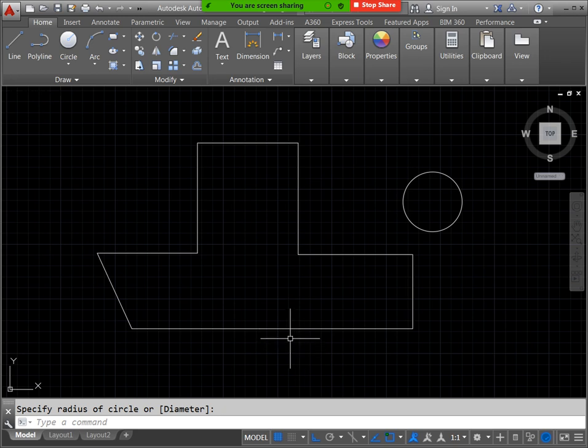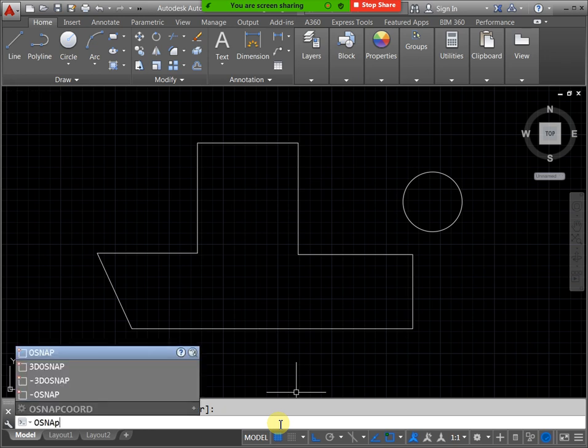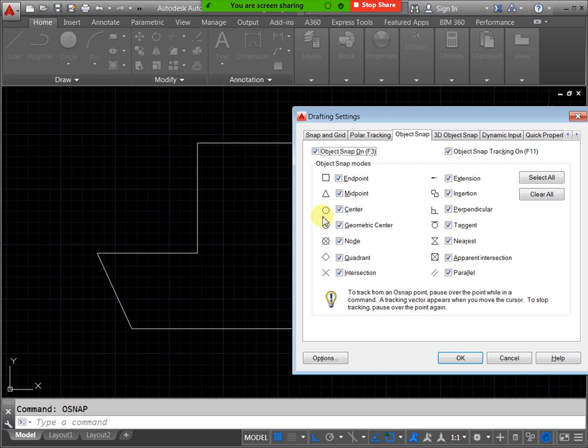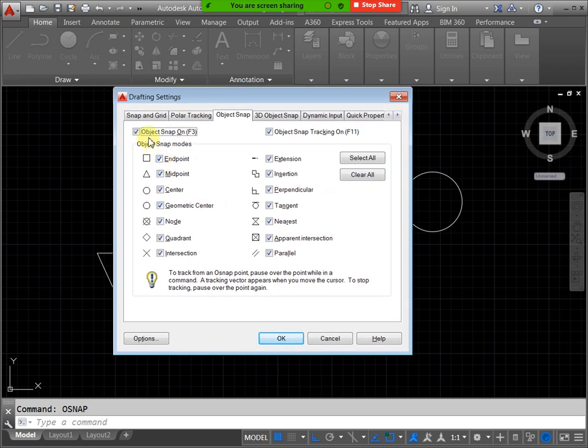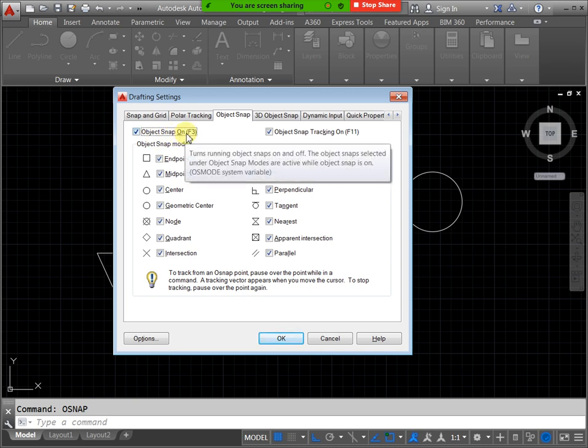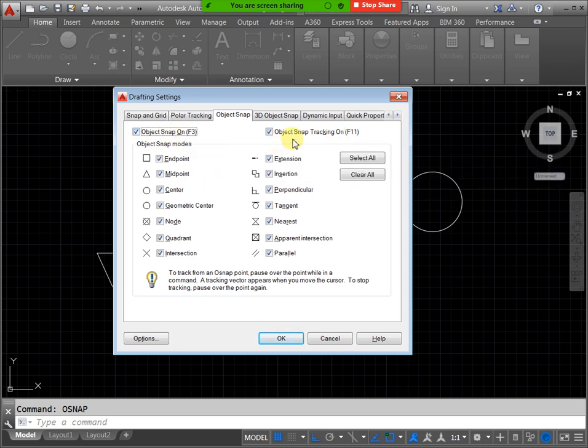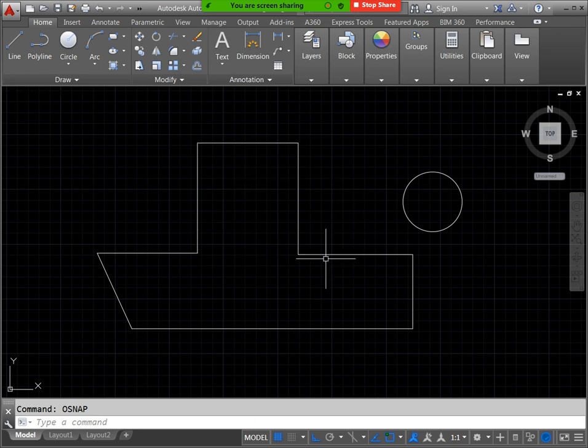Drafting settings. Okay, just see here, object snap on or OSNAP, F3. And F11 we call as the object snap tracking on. Both are indication purpose only. For example, this is my entire picture. In this picture I need corner points, mid points. For example, you will take one line here. Automatically you will go here. See, endpoint is coming now, indication is there now. For example, you will go here, midpoint is there now.